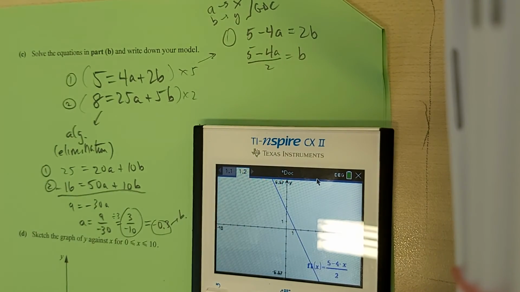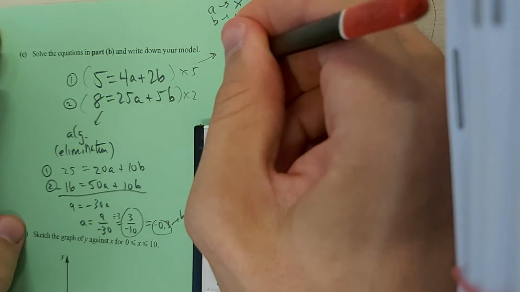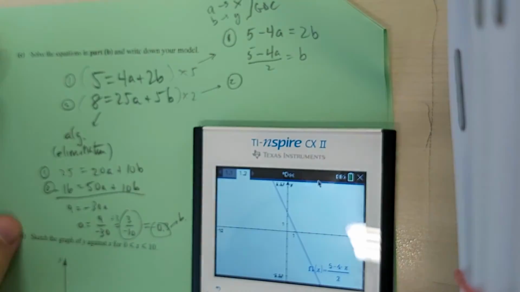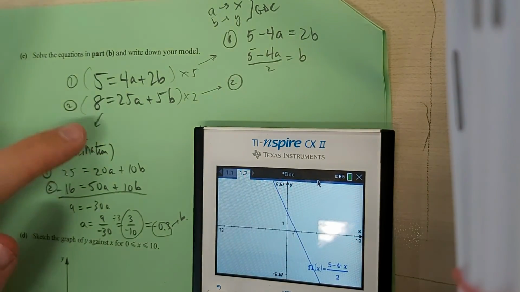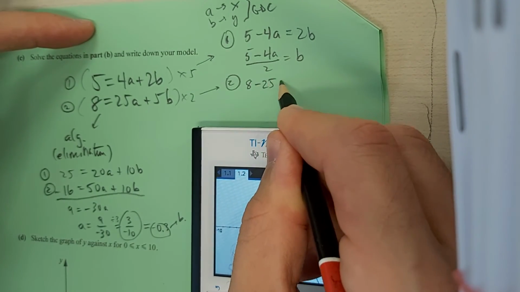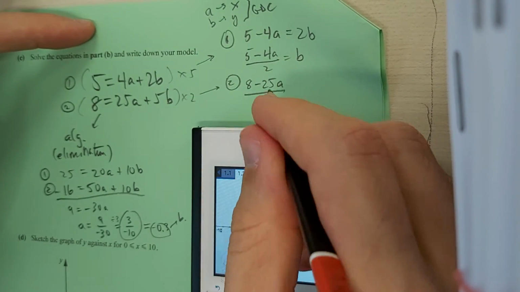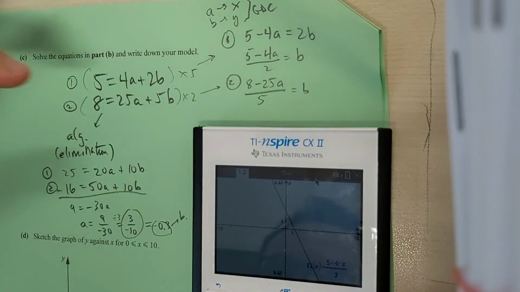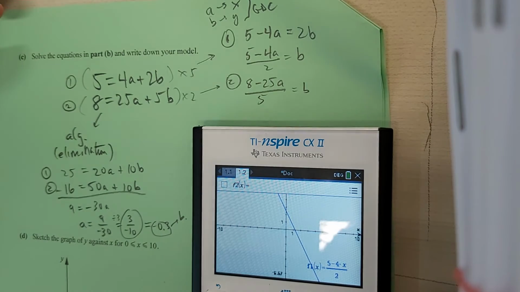I'm going to have to try not to get mixed up with the definitions of x and y in my actual task. Okay, and then I rearrange this equation so that it's 8 minus 25a, and then divided by 5. So I'm going to graph that